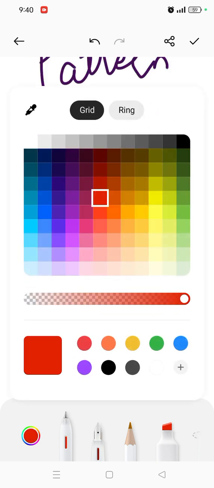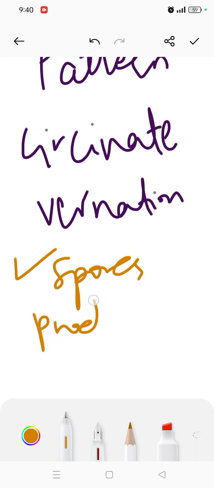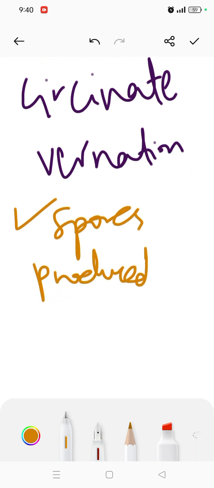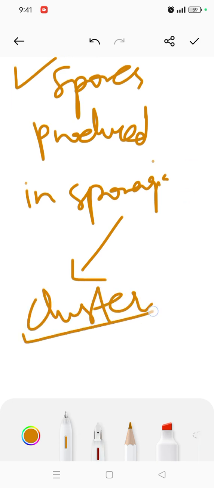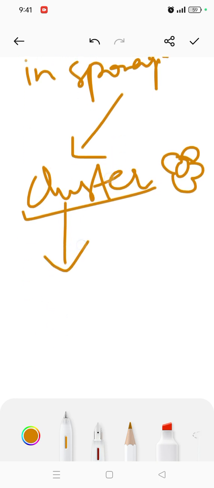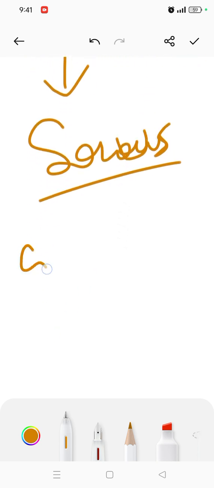Here's another point. These leaves are called fronds, but when spores are produced, they are in sporangia, and usually in cluster form. A cluster is like a bundle, and that cluster is named sorus. This is also important. Sorus is a cluster of all these sporangia, and they have a reduced gametophyte,